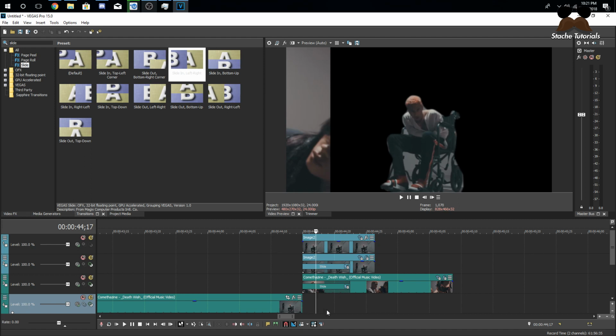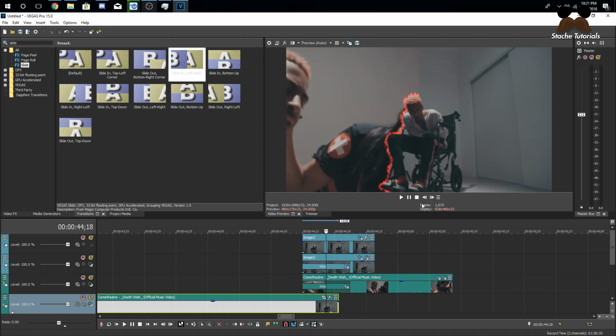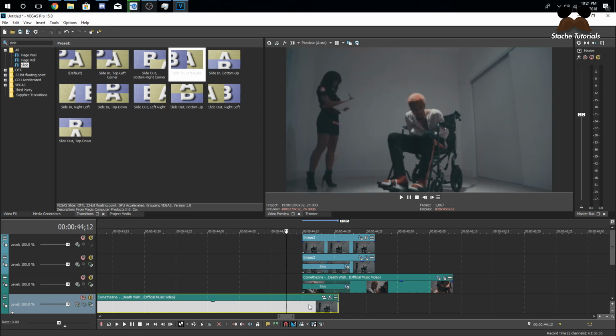Since we don't have a video right here, it's going to be black obviously. So what we can do is bring in, or drag this extra clip in here, but the problem is he's still moving underneath our picture. So you can see him moving a little bit in the background, and also she's moving, and that doesn't really work well. So what we can do is